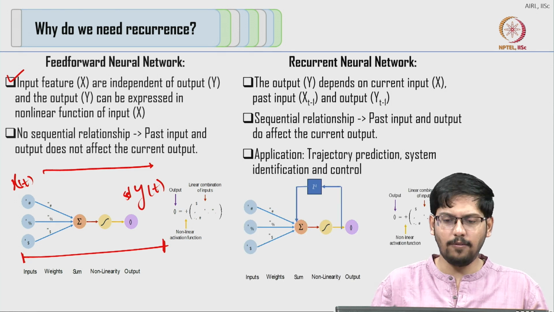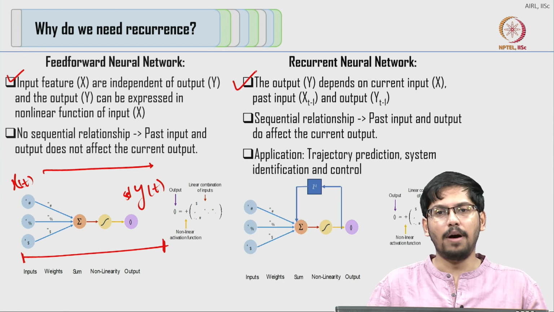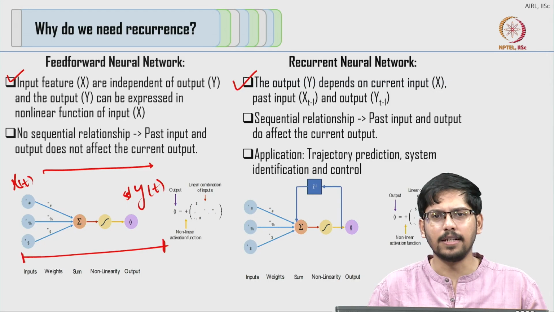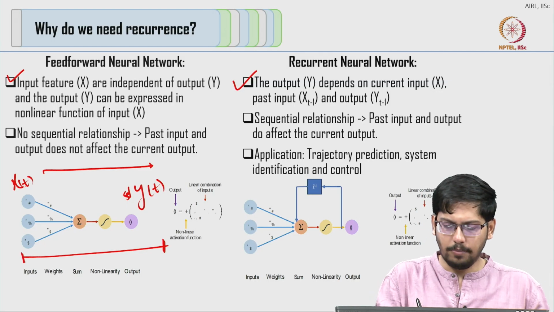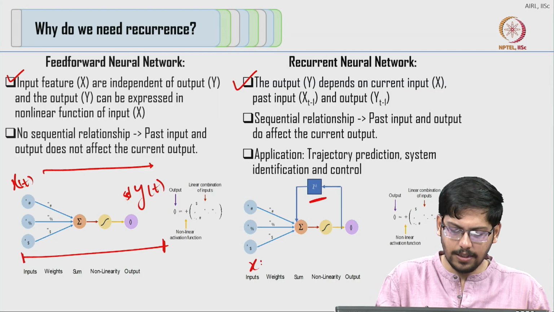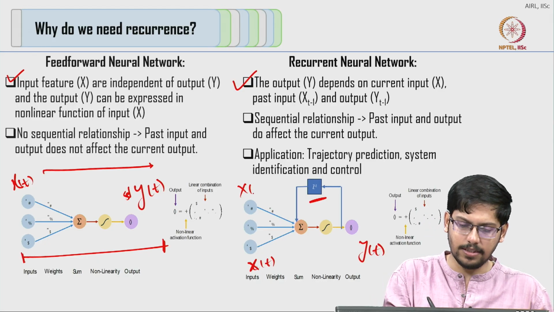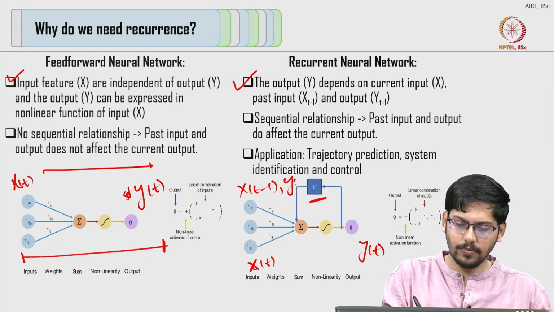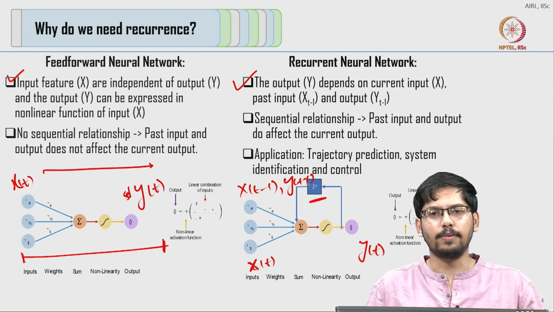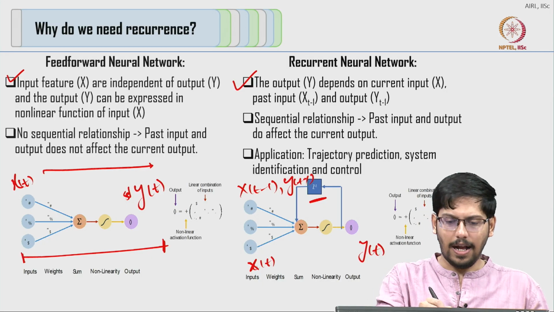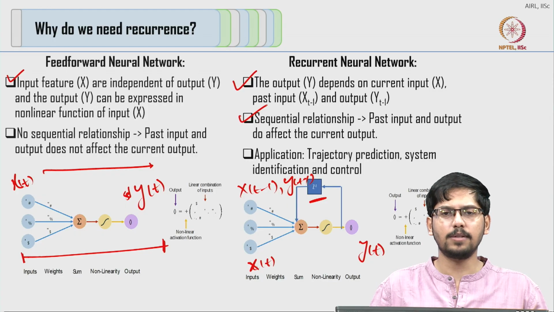Compared to that, we have observed the feedback neural networks, and in this case a recurrent neural network, where the dependency is on the current state, which is xt, right, and the output yt then also depends upon the previous states, which is xt minus 1 and yt minus 1, right, and hence the sequential relationship is focused more,